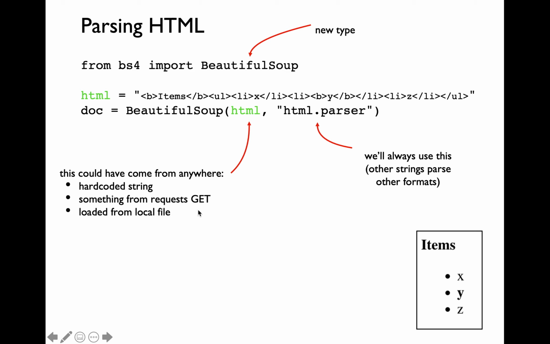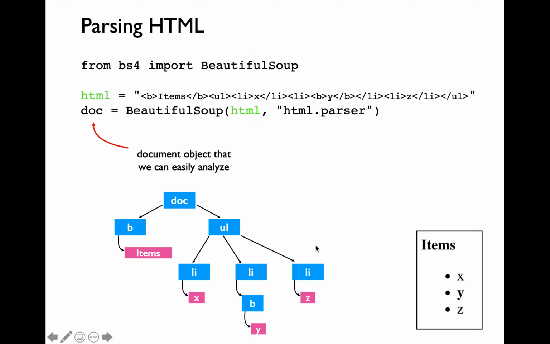Instead of hard coding the HTML string within a variable html, we could also receive the HTML format from a remote resource, which we are fetching by sending an HTTP GET request. We can use the requests module to do that. Otherwise, we would also be able to load the HTML file contents from a local file by using the open function call. Those are going to be the three different choices for the first argument when you instantiate Beautiful Soup. We'll be using this particular rendered version of HTML file format to go through examples using the Beautiful Soup module. Here is the corresponding DOM tree for this particular HTML file format.